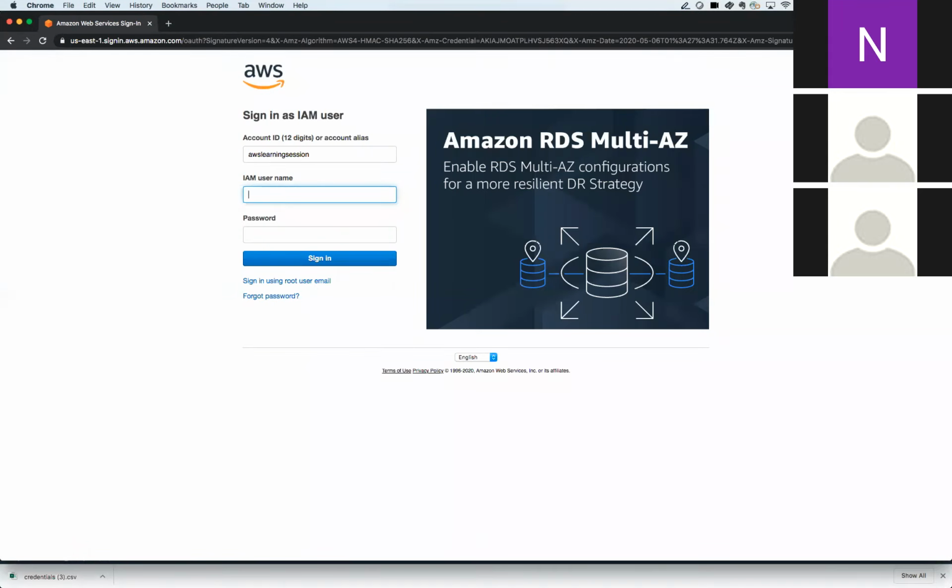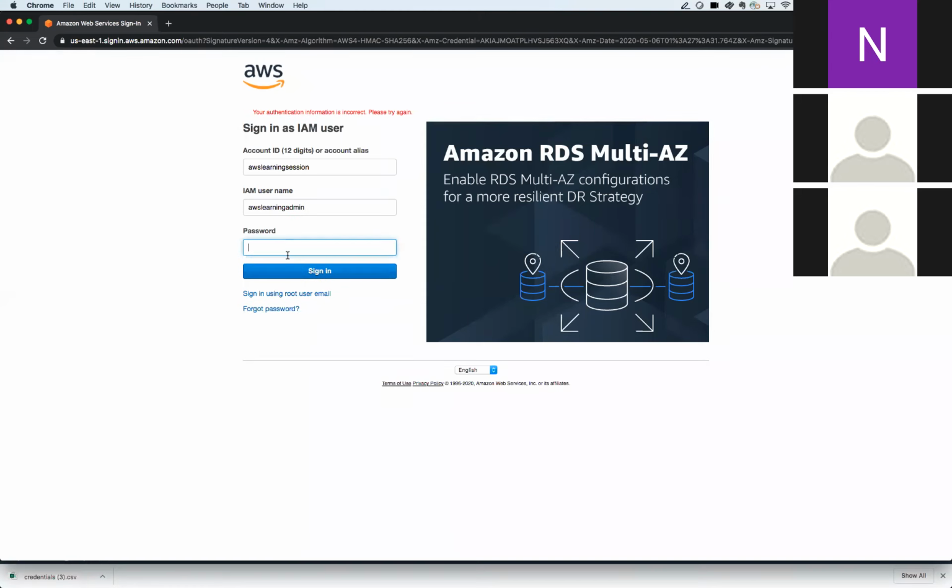What was the username? AWS Learning Admin, and the password was welcome. So just keep in mind,